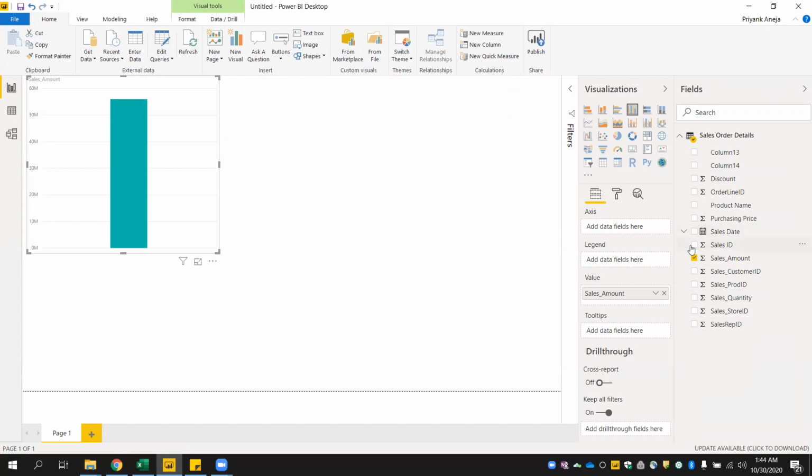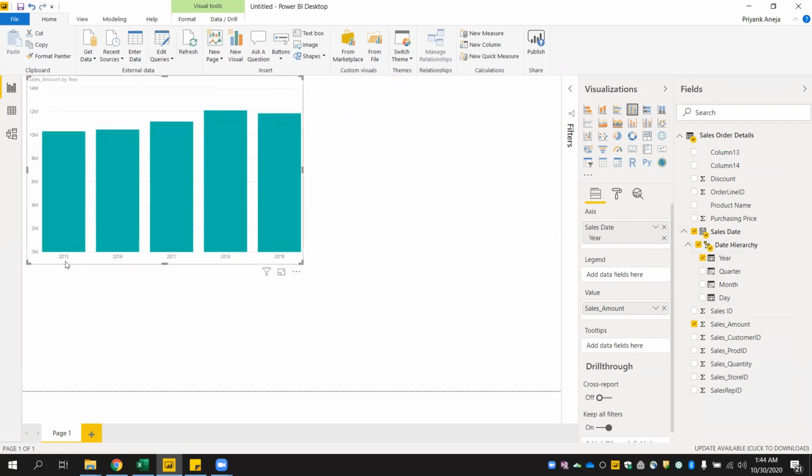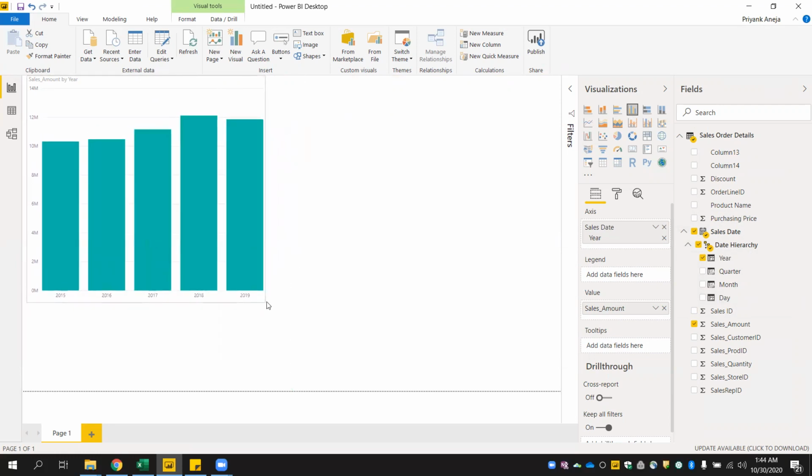In sales data, we have this sales date field. Power BI automatically creates a hierarchy, meaning year, quarter, month, day, for our analysis purpose. We need not create anything. So choose year from here, and we have a nice bar chart which shows my sales amount from year 2015 to 2019.